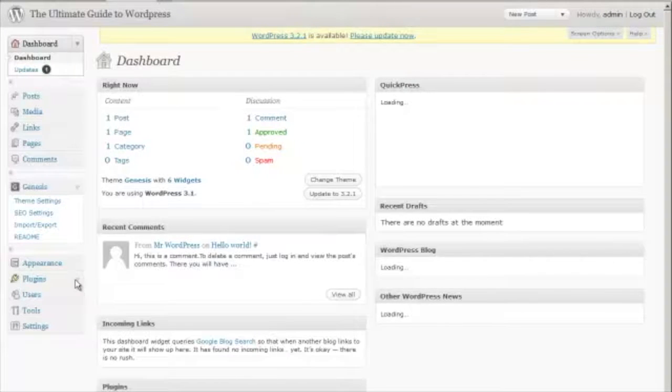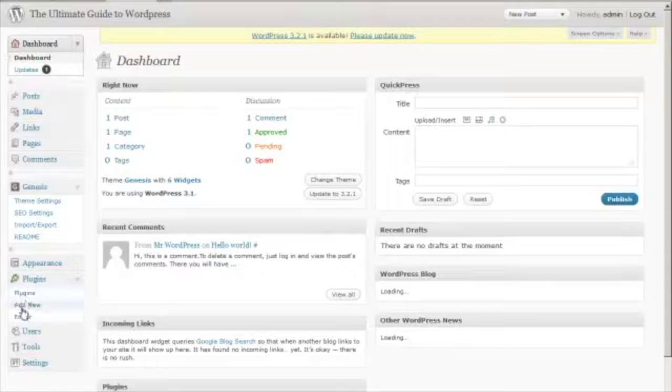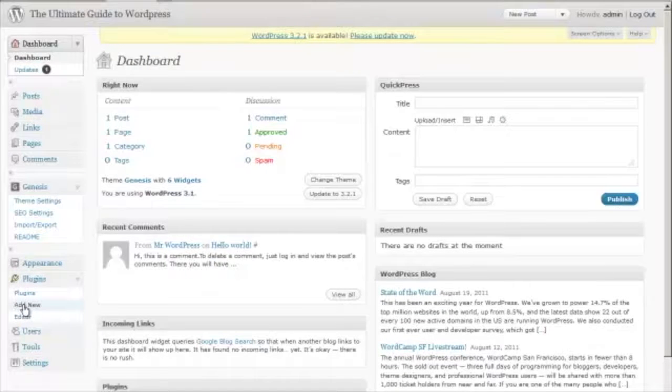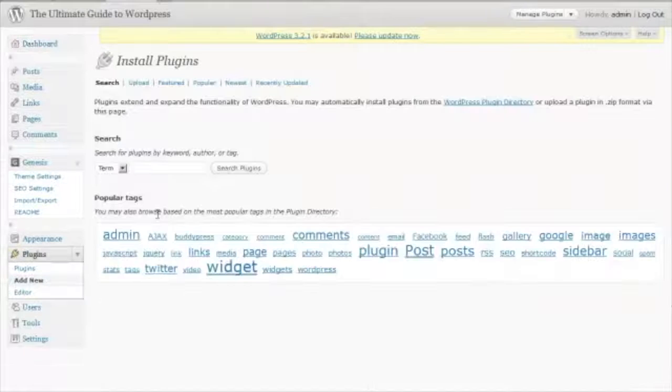The first and easiest way to install plugins is right through the dashboard. Click on Plugins and then click on Add New. And one of the plugins that we like, that we recommend, is Akismet. It's an anti-spam plugin that will really cut down on your comment spam. So type in that search term,